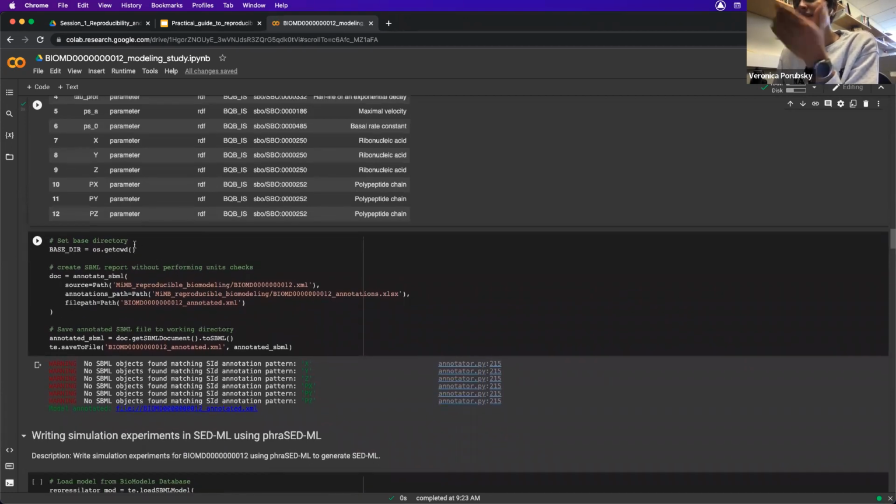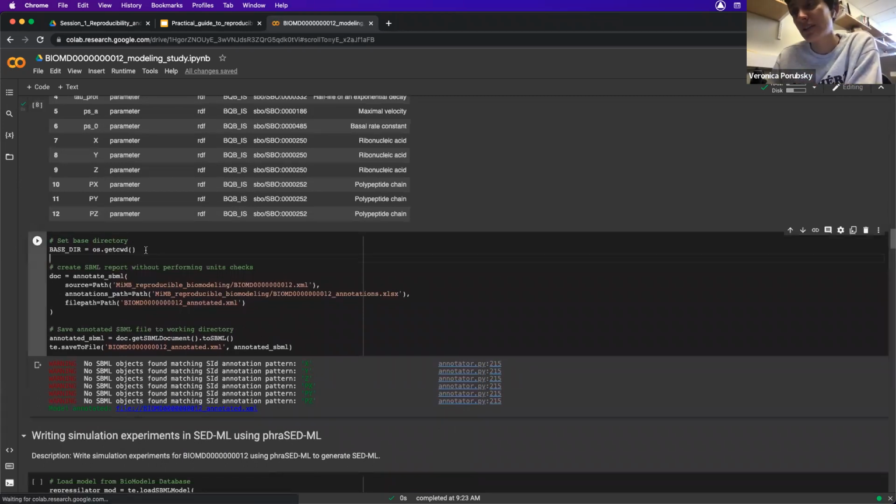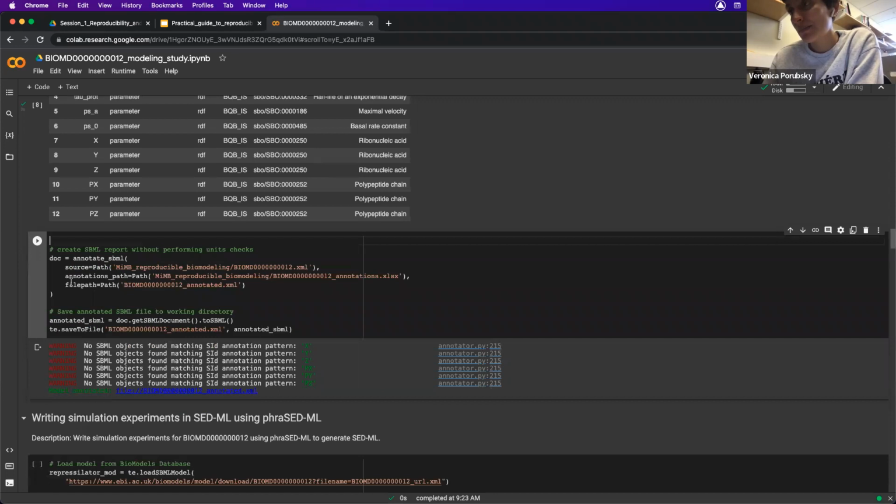Okay, so for actually performing the annotation, probably in the case of using this in a Colab notebook, we may not need to set this base directory. I'm not actually going to use it, so I'm just going to get rid of that. But we're going to create the SBML report. And to do that, this is all SBMLutils functionality, so you don't have to worry too much about the actual code unless you're planning on using it soon, but